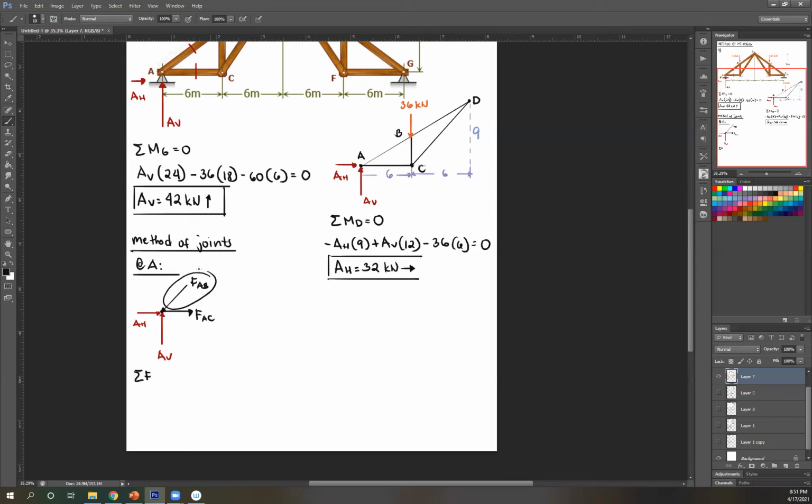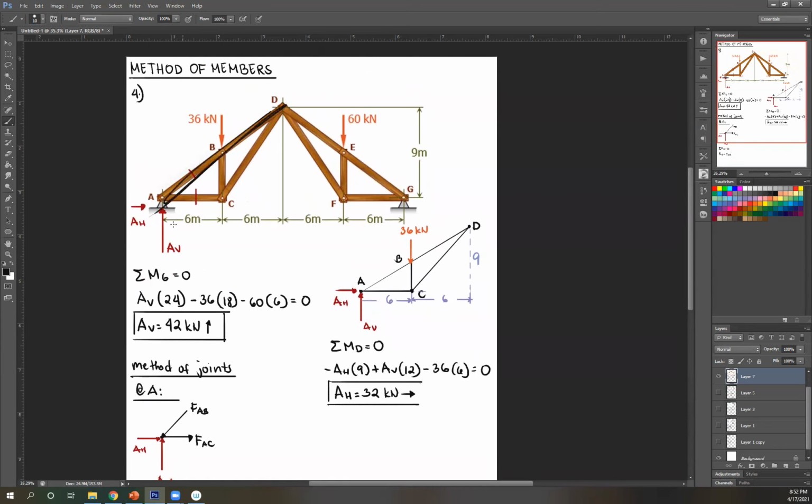Vertical, so that the only unknown is FAB, since this doesn't have a vertical component. Right, so AV is upward, so positive. FAB is downward, therefore negative. FAB. So now I need to get the vertical component. How? So we're gonna check the slope. Okay, to get the slope,